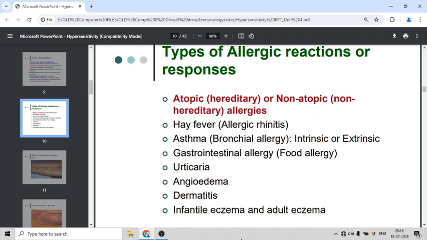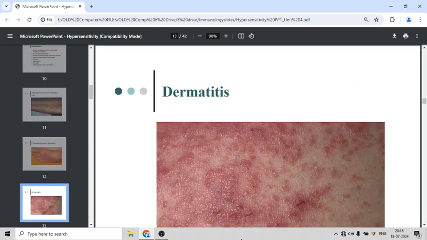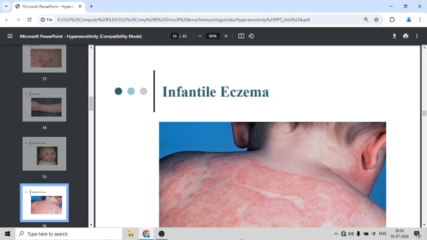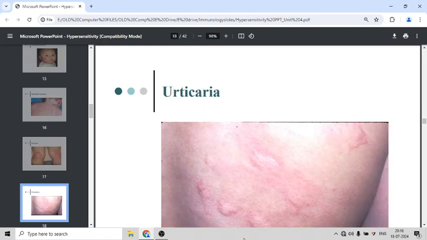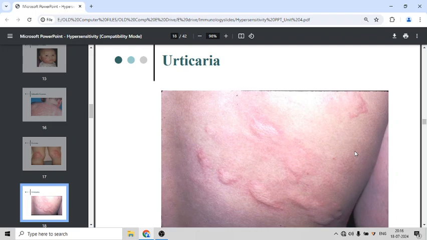So coming to the urticaria. Urticaria is a skin allergy and it can be experienced by any individual who is exposed to an allergen, and it results in the form of wheal and flare reaction. Here you can see on the back of a person the swellings have taken place, reddening of the area, and it is a welts formation, and it could happen when a person has worn a synthetic cloth or a woolen cloth, or by application of some lotions on the skin surface, or it could be due to consumption of allergic food. And this urticaria will appear all over the body in a person, resulting in itching and wheal and flare reaction, which is highly